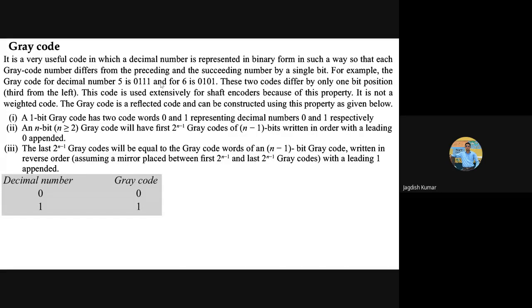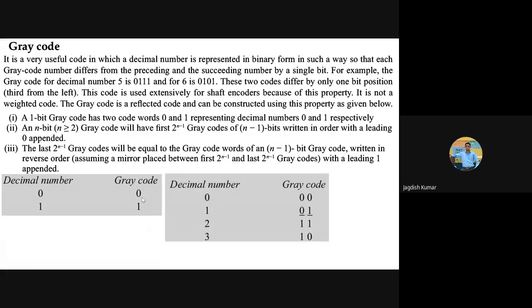Okay, so let us take a single bit number system. Single bit means only one bit. This refers to the first point here. So in 1 bit, there will be only 2 possible numbers. In decimal form, 0 is written as 0, and in gray code also it is 0. Now if you go to 1, in gray code it will be 1. So when you go from 0 to 1, only 1 bit changes. It is very straightforward, and you won't get it unless you move to the 2-bit number system.